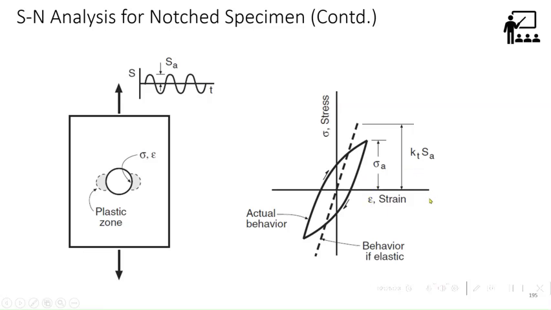Okay, so this is the KT you calculate from the elastic behavior. This is called the elastic stress concentration factor or theoretical stress concentration factor, which is based on the static analysis. But the actual behavior of the material when subjected to cyclic loading is that it goes to a hysteresis loop, stress redistribution, it goes to plastic deformation, then on unloading it comes down. If you look, your stress amplitude reduces. That is the reason why you get a higher life during test compared to the